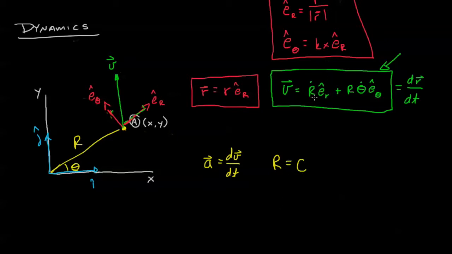So that's going to, in our velocity, take out this term. There's no change in the radius or the distance from the center. The only thing that we're going to see a change in is our r theta dot e theta. If we take the derivative of the position with respect to time, we have a solution that goes r theta dot squared